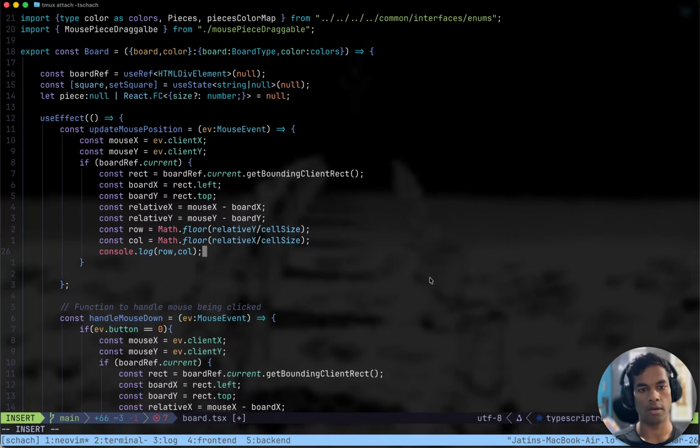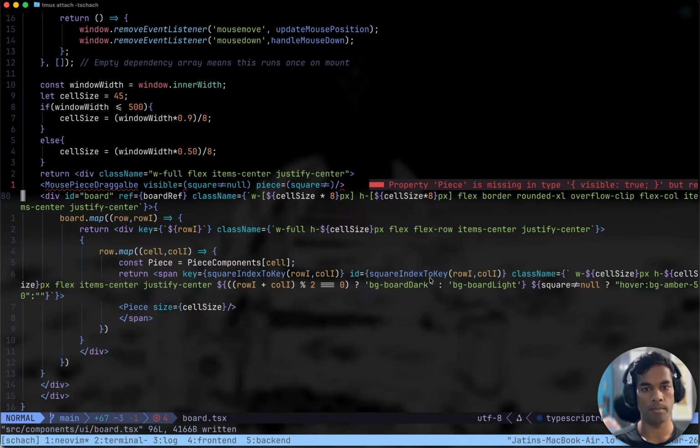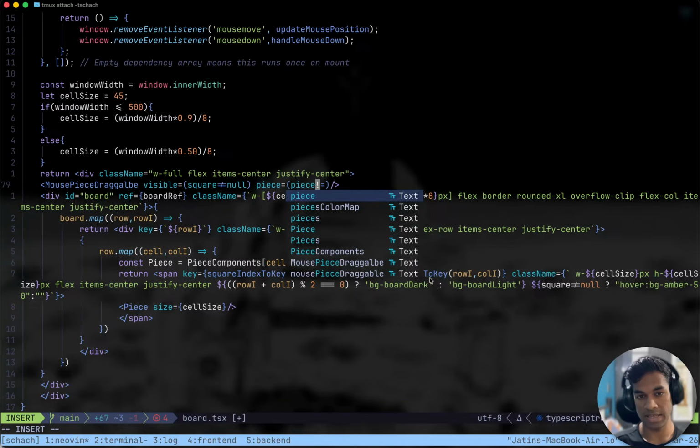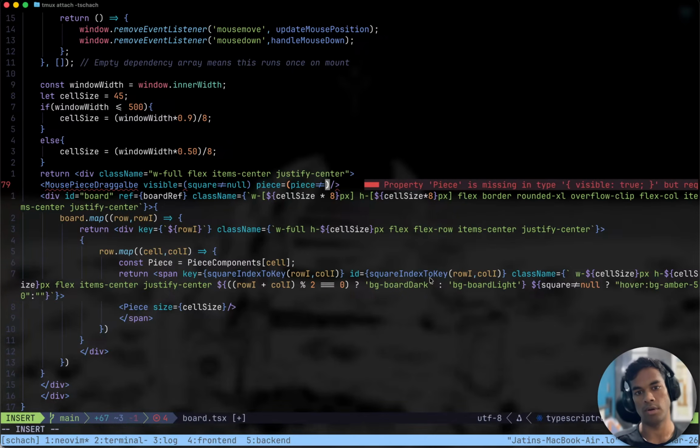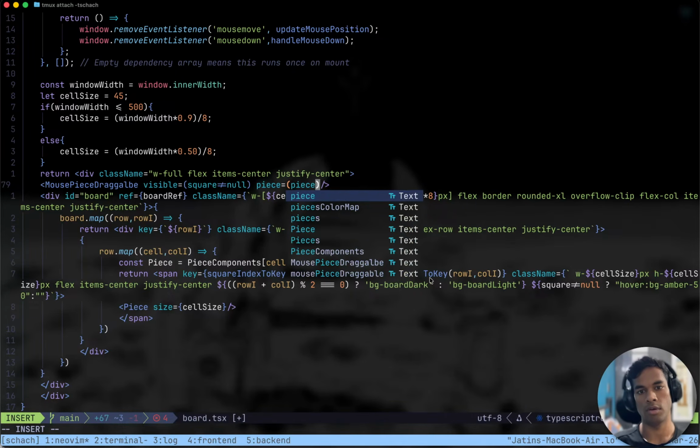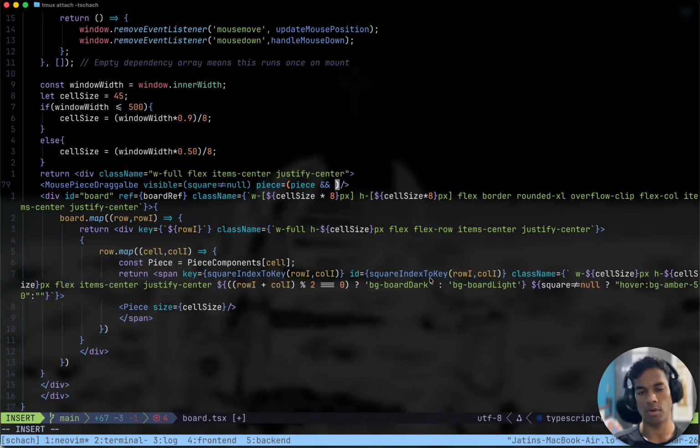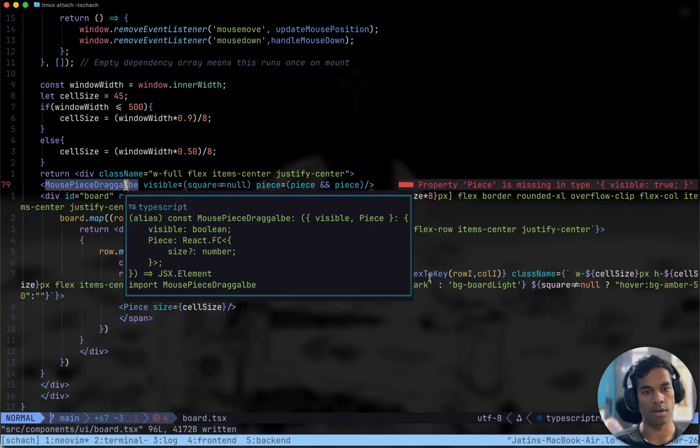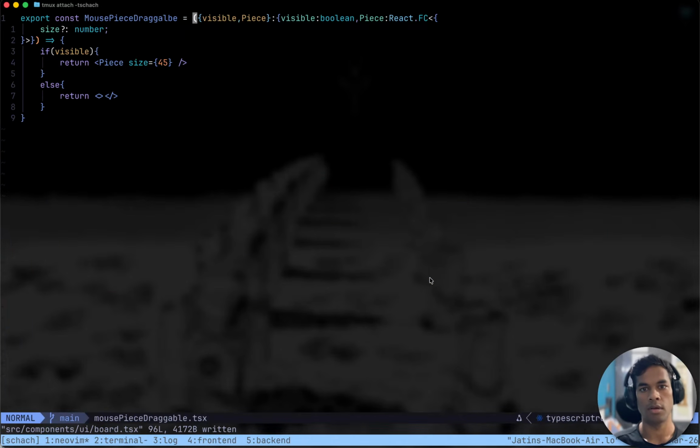Log row and column, and here for piece, if piece is not equal to null, or I think we can just do piece if not equal to null, then piece. But okay, we also have to make sure here that this piece either is a piece or null.